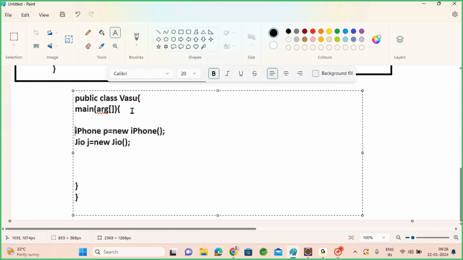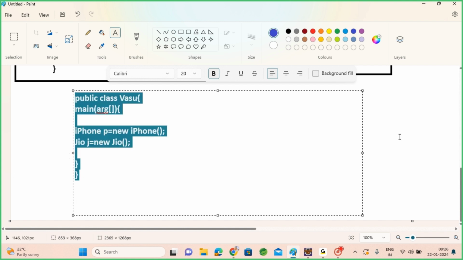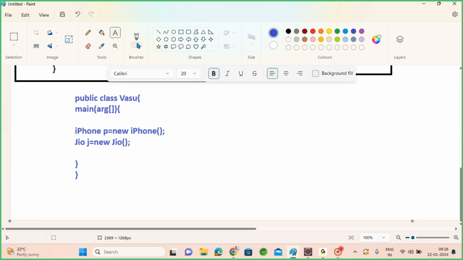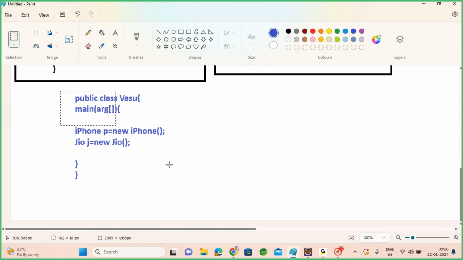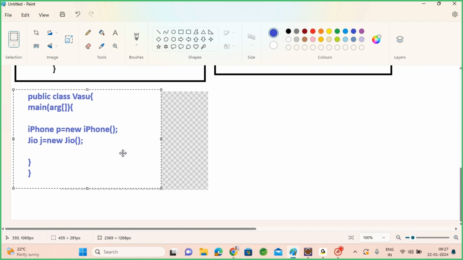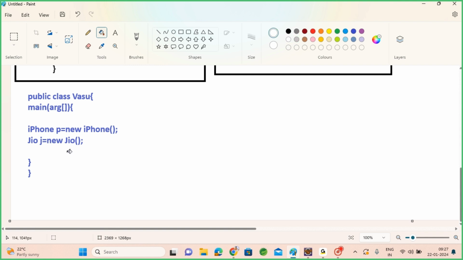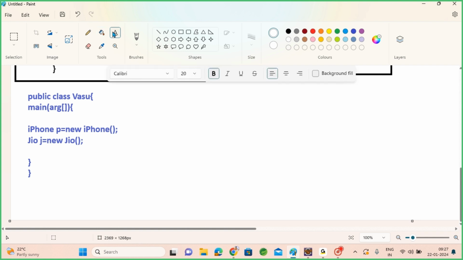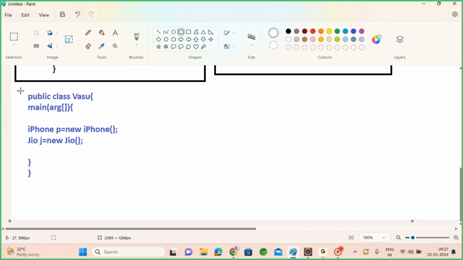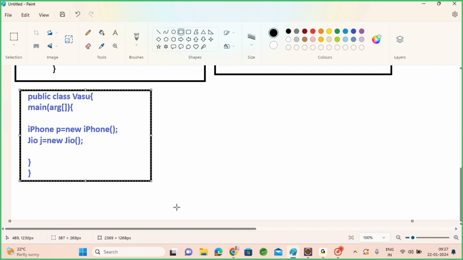But here Vasu's code is hard coded. Hard coded meaning it is implemented using the new keyword. Using the new keyword we are using this phone and SIM. So if Vasu wants to change his decision, from my phone to Android, or some Microsoft phone or whatever it is, a Nokia phone,